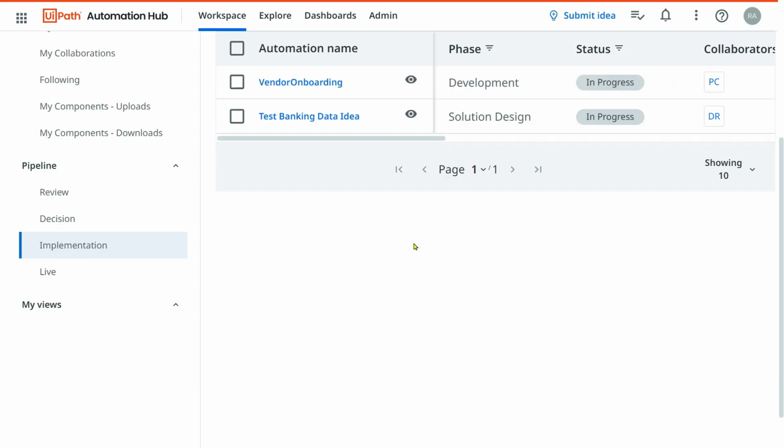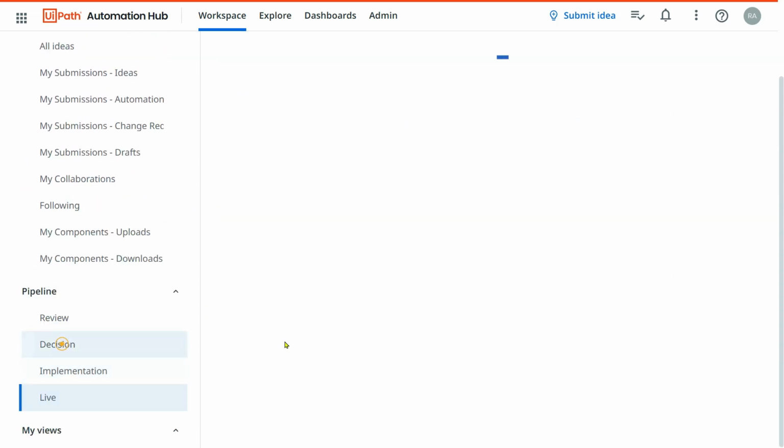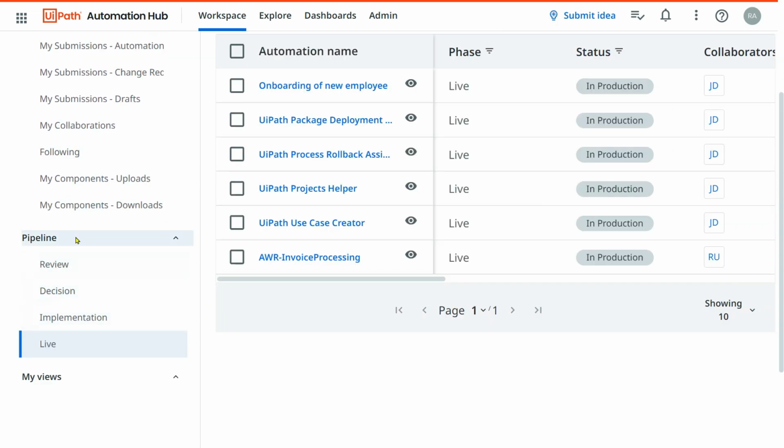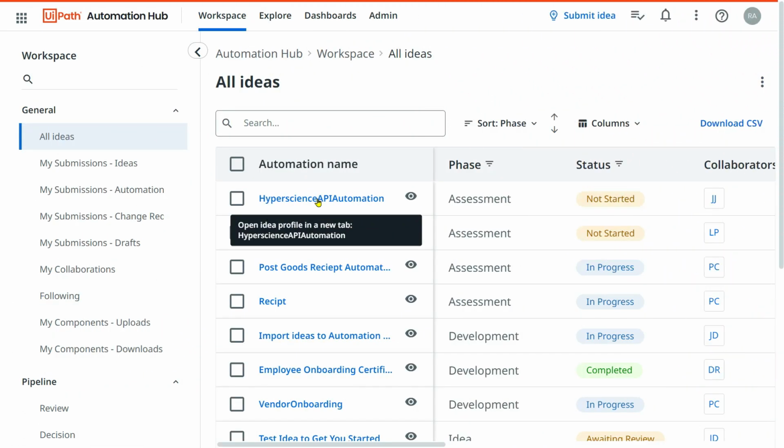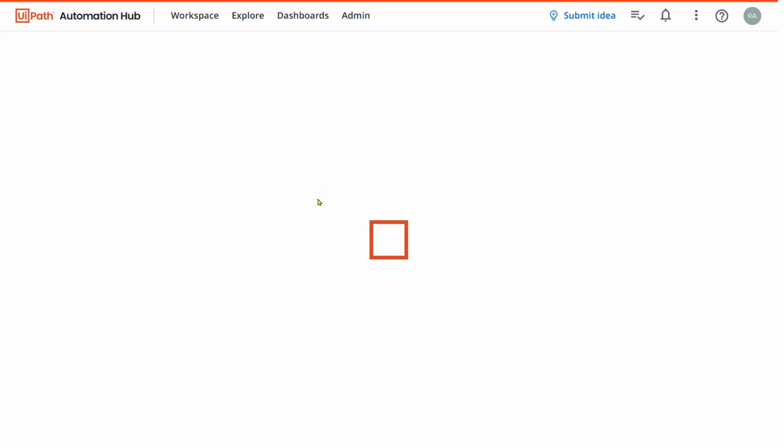Implementation pipeline, what is it? What do you see as an output? What is a live pipeline? All these things we are going to learn in this video. So let's get started. Now, before we get started, one important thing we need to remember, if you open any